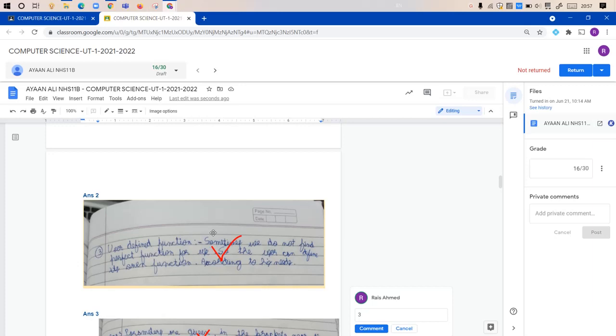Now the third method. For the third method we have to install a tool, and for your convenience the tool is already installed in your Google Drive, and that tool is called Kami tool. The Kami tool is an annotation tool for PDF documents or JPG. You can annotate very beautifully, very easily. So that tool has already been installed, but before using that tool you need to give it permission.